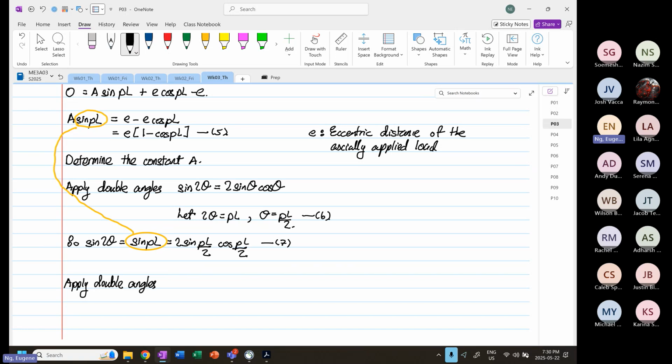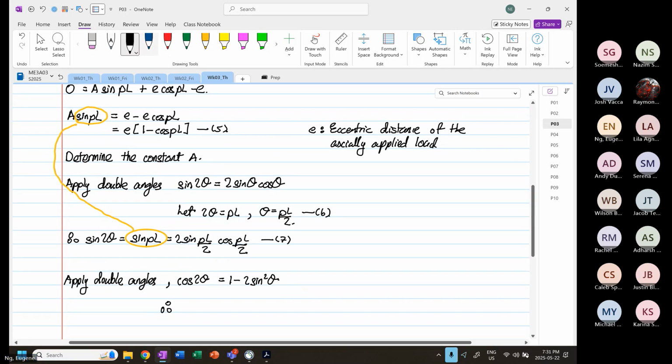Okay, so now we have cos 2 theta is equal to 1 minus 2 sin squared theta. Okay, so we know that 2 theta is equal to pL, right? So therefore, cos pL is equal to 1 minus 2 sin